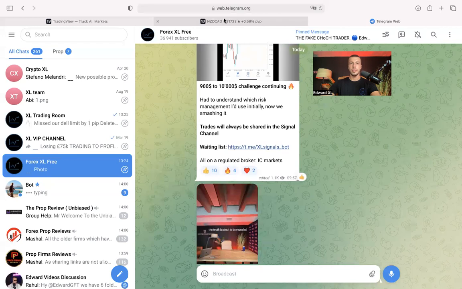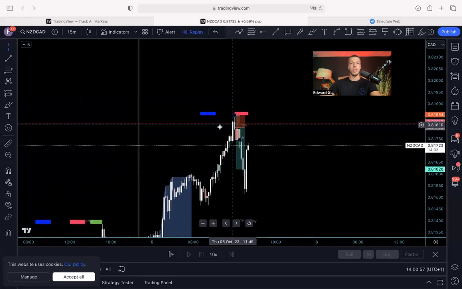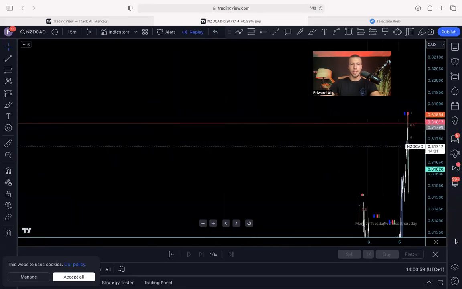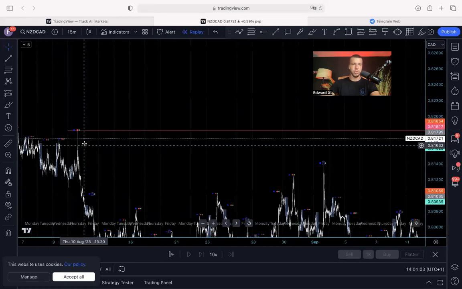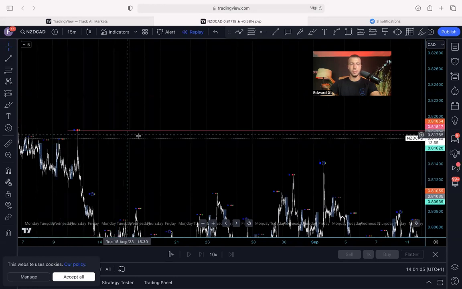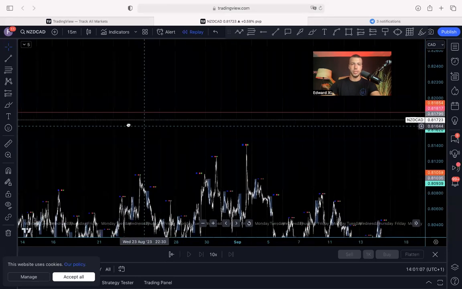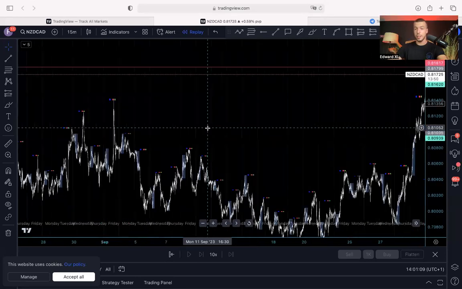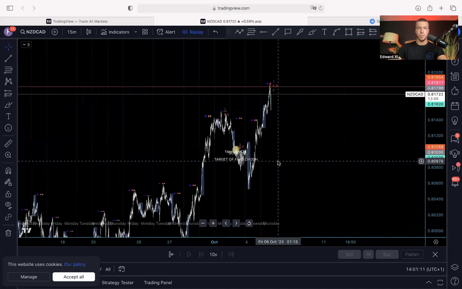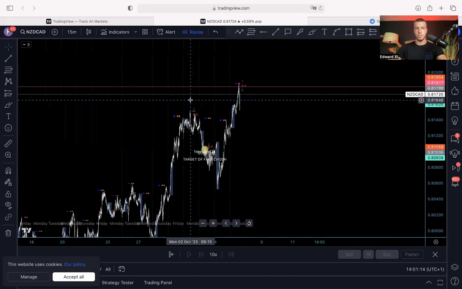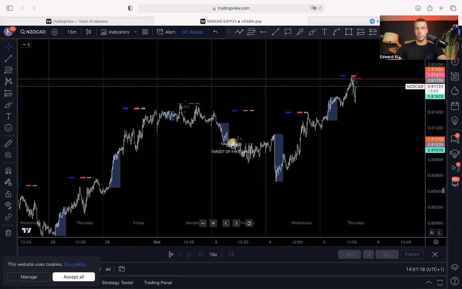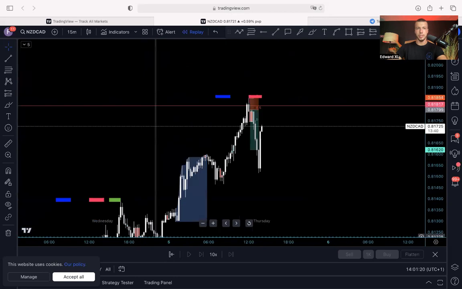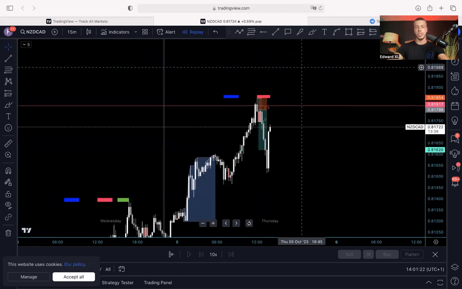So yes, it was just to say that here on NZDCAD from today, we really looked way back for some liquidity. I usually don't look so far back for liquidity, but it was the only liquidity I could find in this chart. So zooming in, what happens is that we grab the major liquidity, which is the pink line. After grabbing the major liquidity, we just have a confirmation.